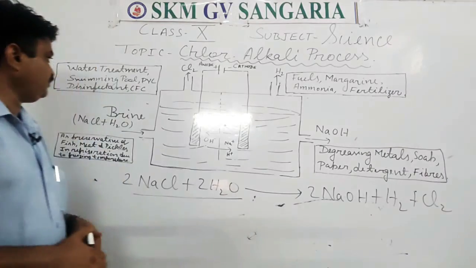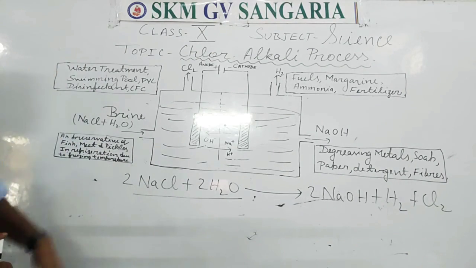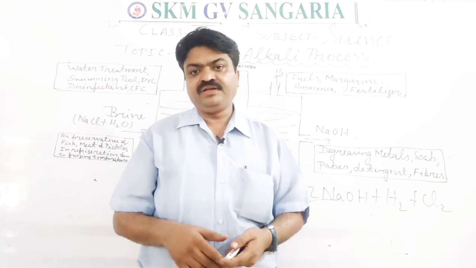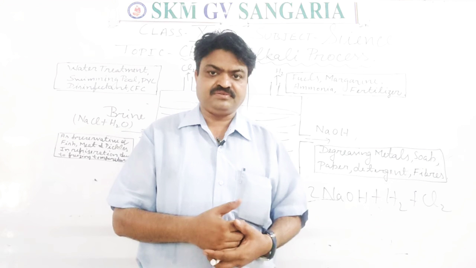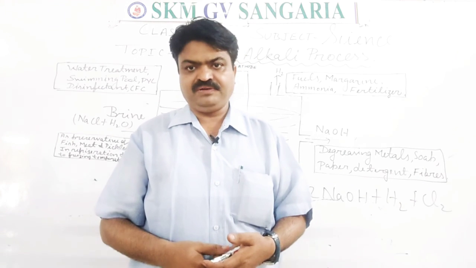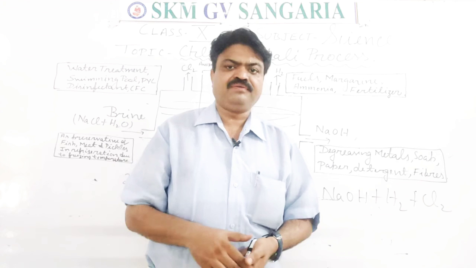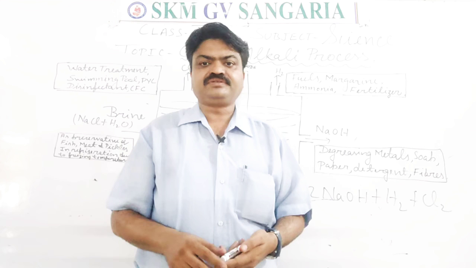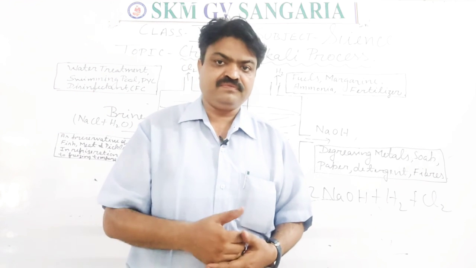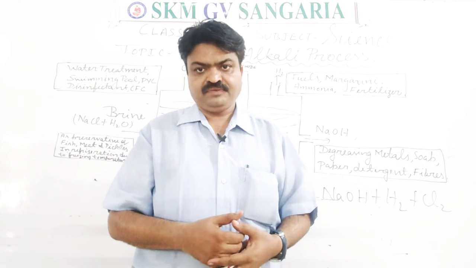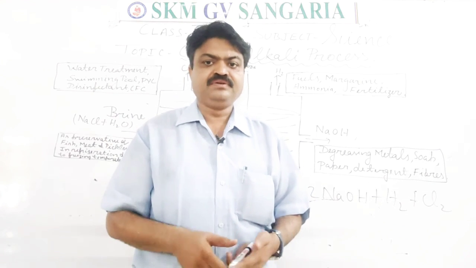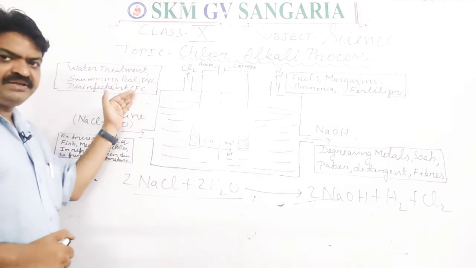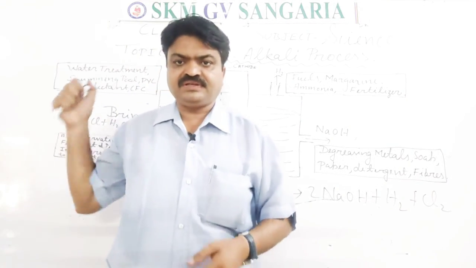With this, chlorine is also used to produce one important chemical substance that is used in refrigerators and air conditioners, student, and it is chlorofluorocarbon. Chlorofluorocarbon is also produced with the help of chlorine, student. But this chlorofluorocarbon is harmful for ozone. Ozone depletion is taking place due to the production of CFC, student. That's why the government has banned this chemical substance.